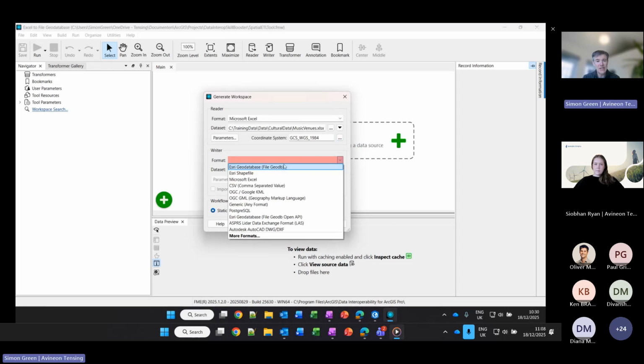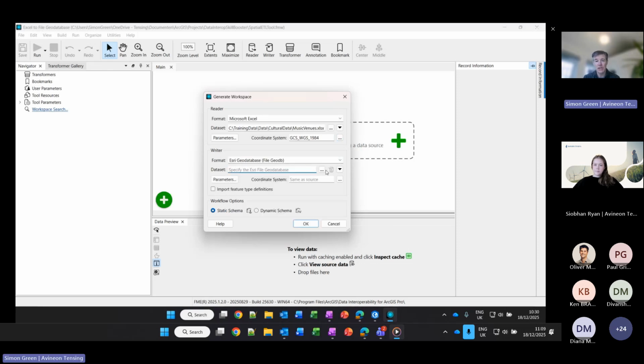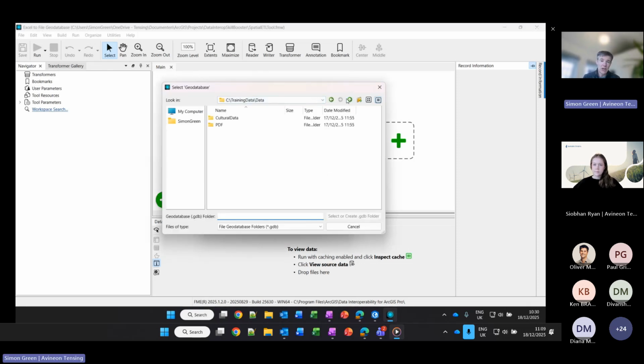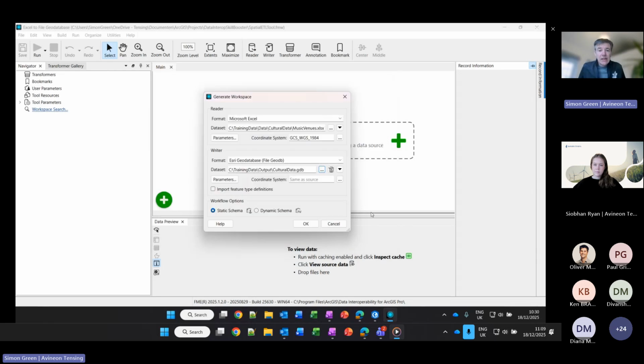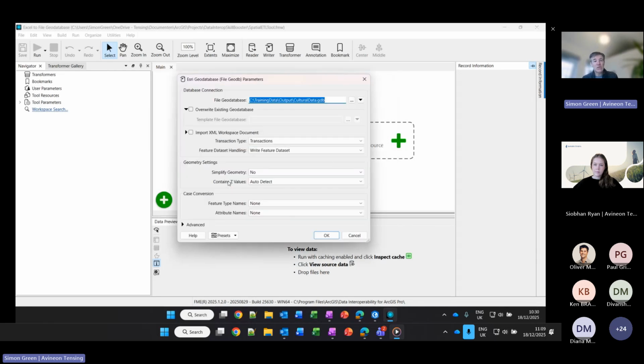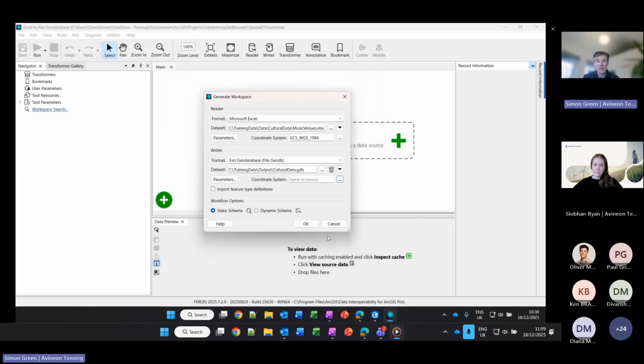And then we configure the writer. So this is going to be Esri file geodatabase. Find a location for that to write to. So the training data output folder, call it cultural data, and then hit create. And then again, we just want to check the parameters to control the way the data is written out. Every time we run this workspace, we might want to overwrite it, so we can check that box and click